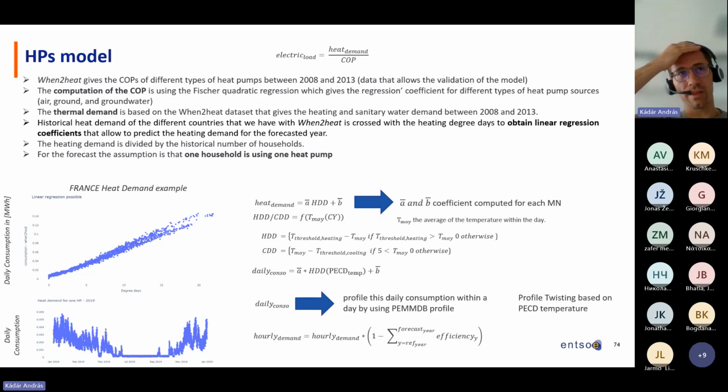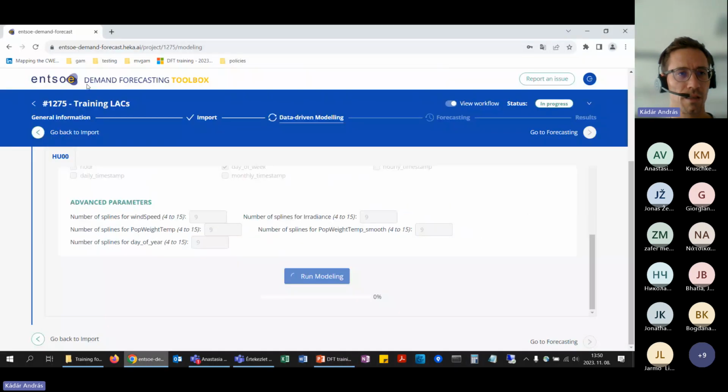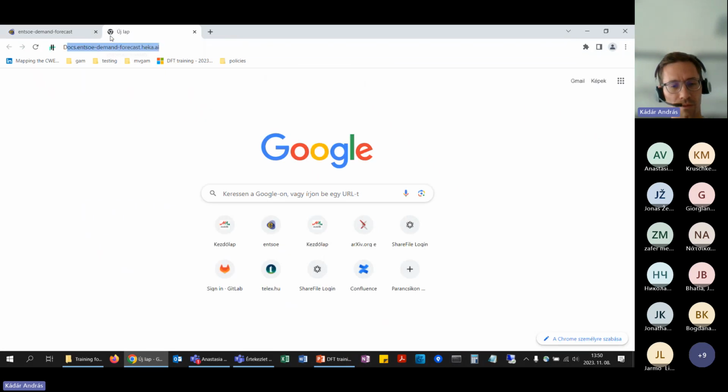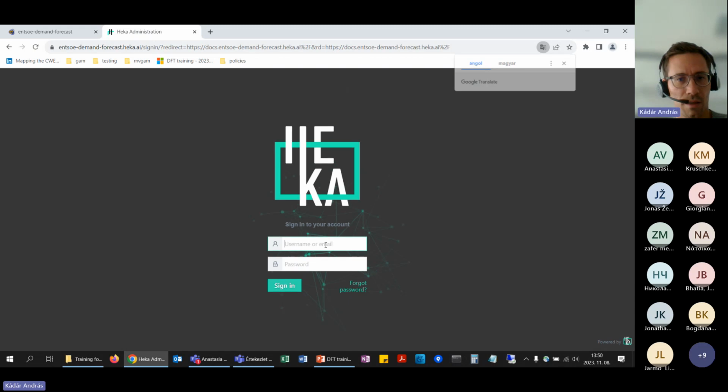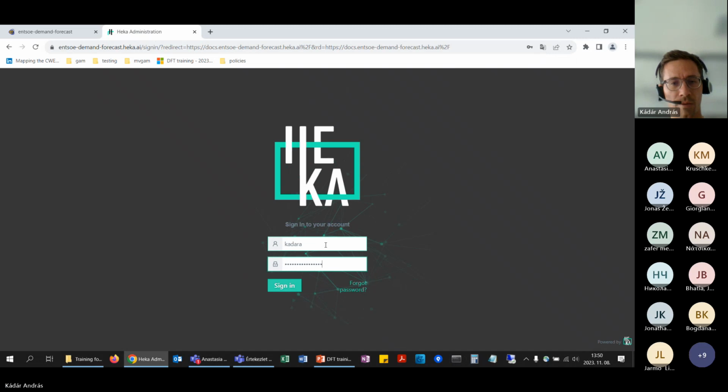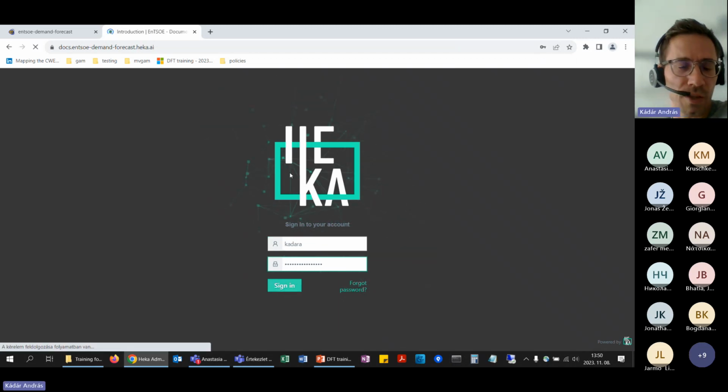In the online documentation, there are even more details. In the documentation, you will find them. I can show you actually, even if you don't have the access. I hope I have the access. So in that documentation, you